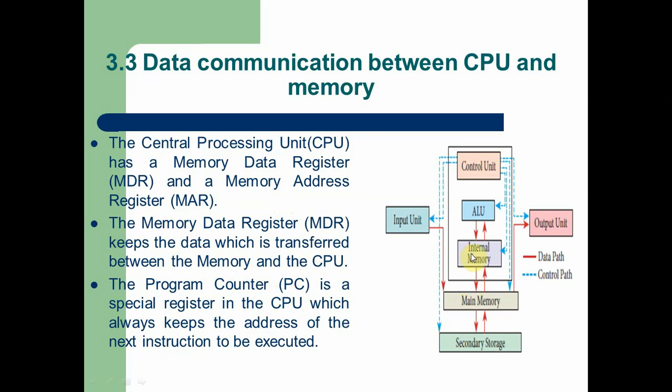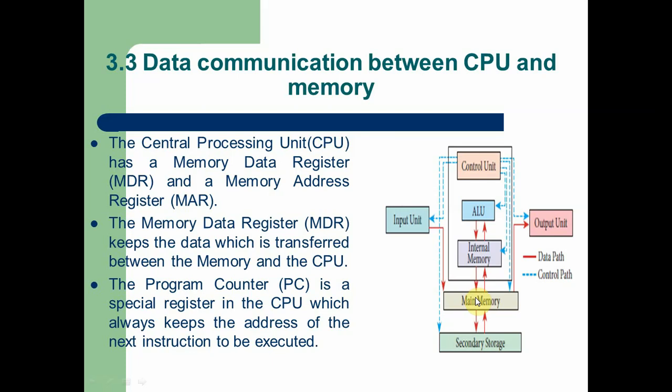Whenever data is transferred between main memory and the CPU, it is stored in the internal memory's register called MDR. When the user gives input, the input is directly stored in main memory. After that, for processing purposes, the data is transferred from main memory to internal memory, also known as register. In the register there is another internal register called MDR, where we store the data transferred between CPU and memory.